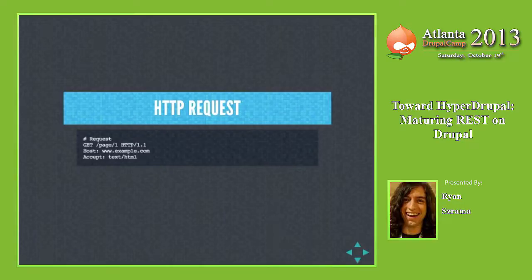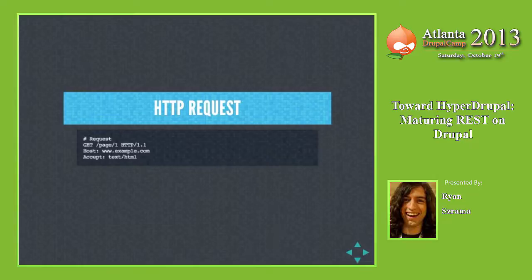Then you also have the other header information, like what kind of response you expect to get from the server. So I can send an HTTP request to a web server and say, I accept as a response text/HTML, and then hopefully get a web page back and not a GIF. Or maybe if you're interacting with Drupal 8, you can have an entity URI and say, get me the HTML if I'm using my web browser here, but maybe my mobile app can do a GET request to that same URI and say, I actually accept JSON plus HAL, application/hal+json actually.